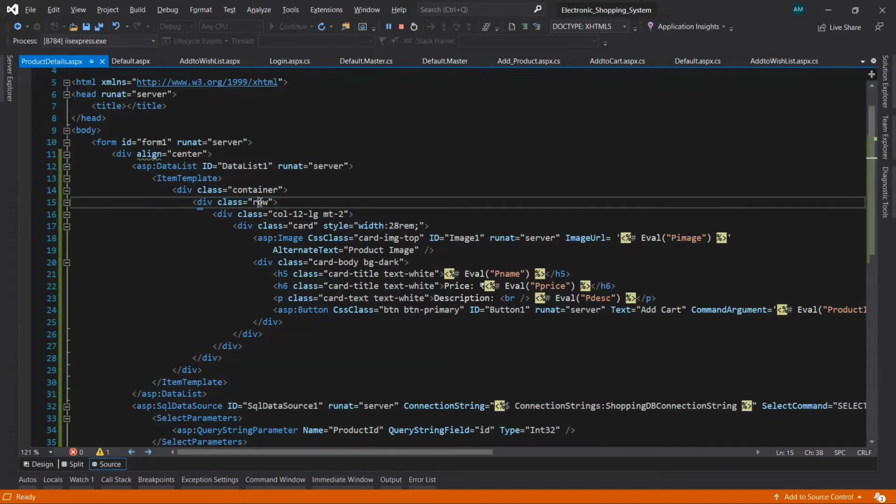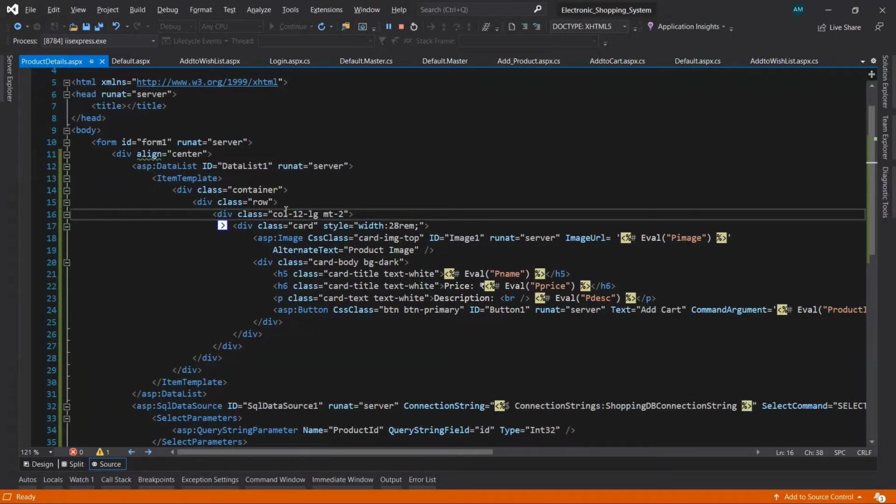In bootstrap, a row contains multiple columns. You can give multiple columns inside a row, but how many columns can you give? Only 12 columns in a single row. Now here I have taken another div tag with the class as column.